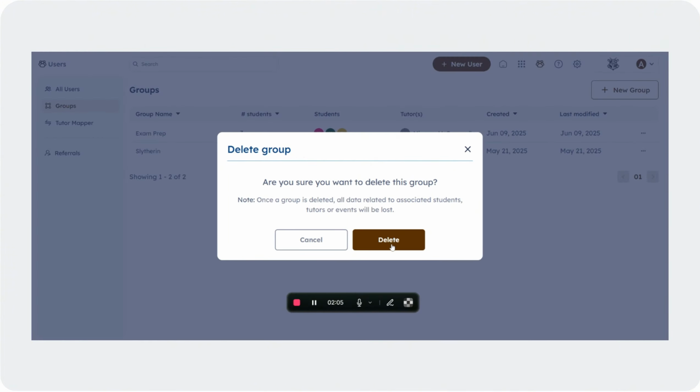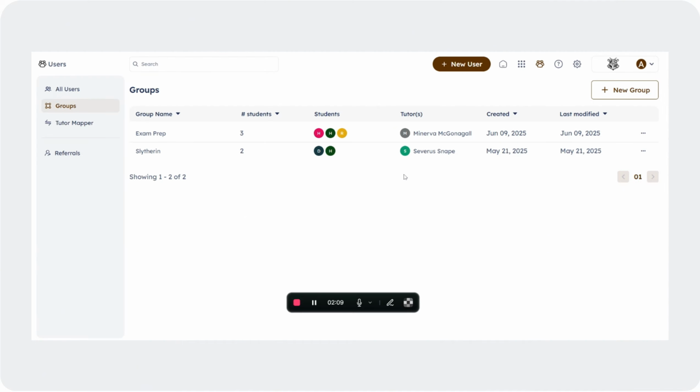A confirmation modal will get triggered. So once the admin confirms, this group would get deleted. So this is how the admin adds a group, and then if they want, they can edit